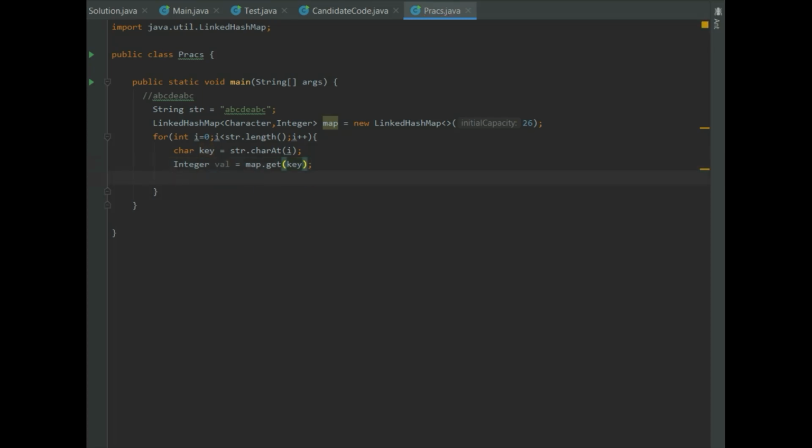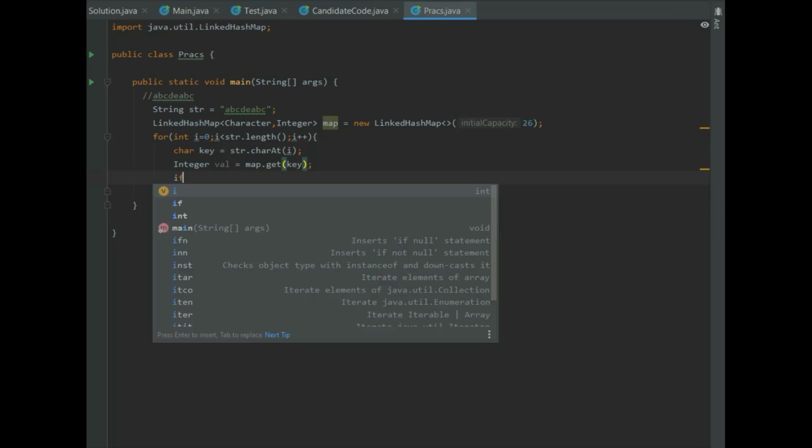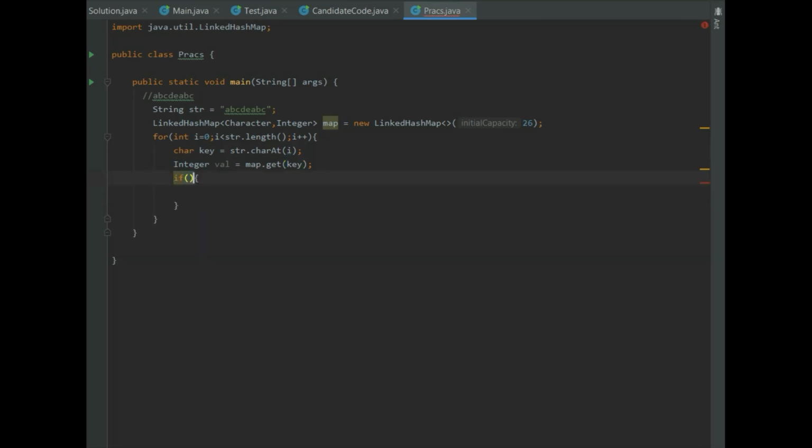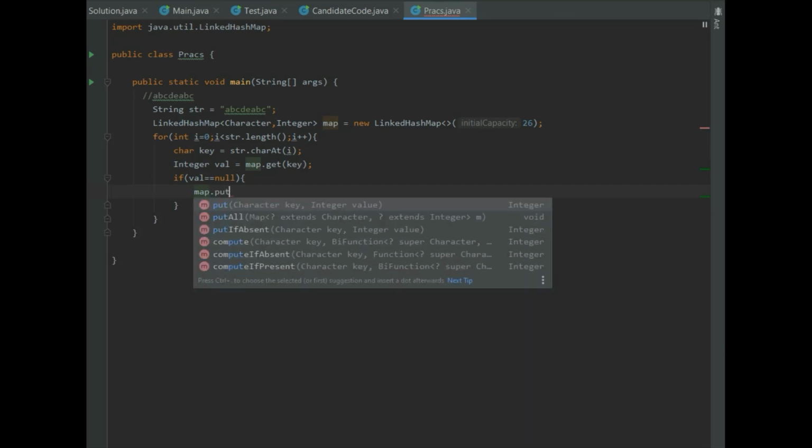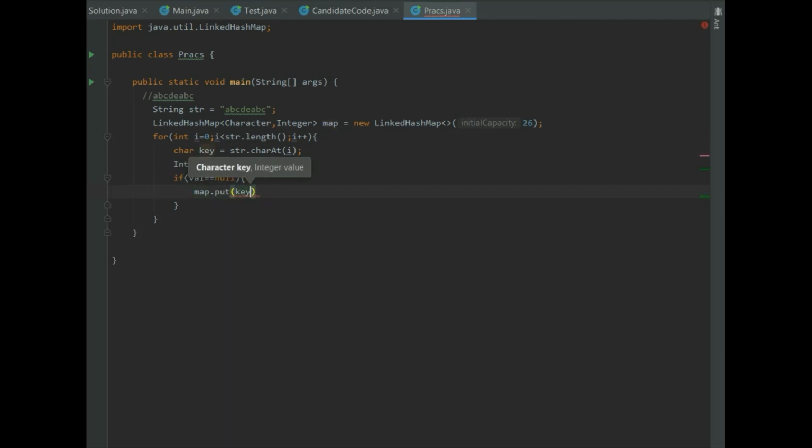Okay, so if the key is present, then we will get the value as an integer, but if the key is not present, then the val will be null. So we need to check that. If val is null, which means the key is not present, then we will initialize the key. We'll put the key into the hash map and initialize it to 1. This means the key is not present in the hash map, so its count will initially be 1. But if the key is present, then the value won't be null. So in that case, what we will do,